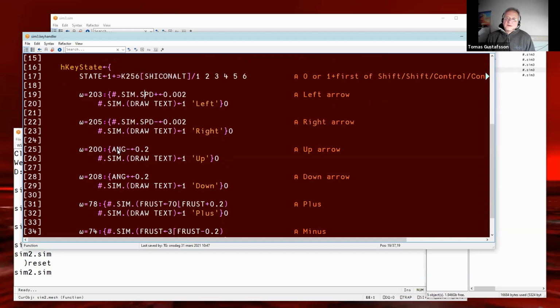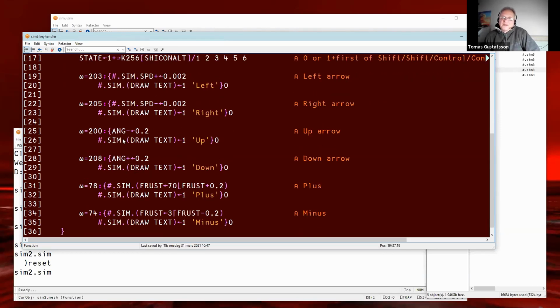The up arrow alters a variable named ang, and the down arrow decreases and increases. So you see here in the callbacks, you just adjust values, but you don't do anything more. You prepare, and they will be used later on. The plus and minus are also in here. I seem to do a thrust-named variable, bigger or smaller.